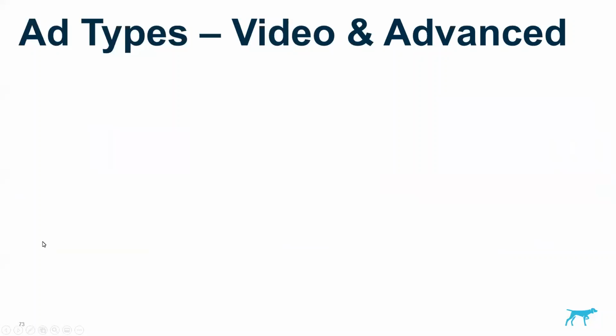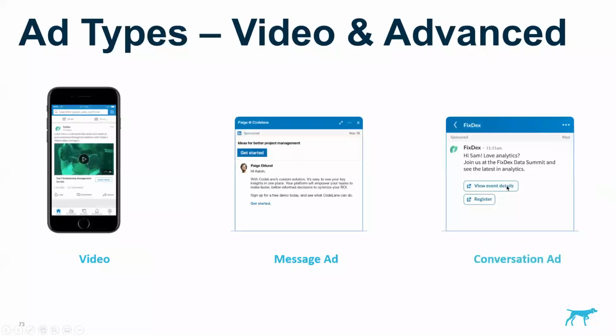In terms of the video and advanced types, there's the standard video. Again, just a newsfeed ad feature in the video, so you can either click to play the video or click through to the website. A message ad. So this one is paid for upon send, and will appear in users' inboxes based on your targeting preferences. And a conversation ad, which appears as a chat message and has inbuilt responses. They can go to different links.